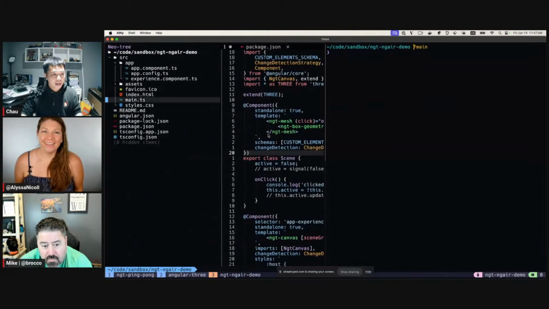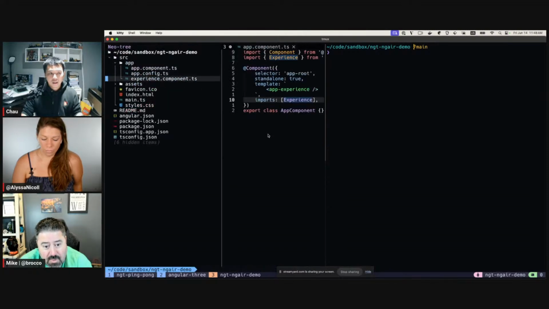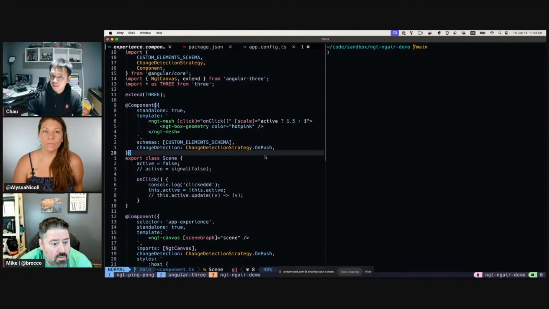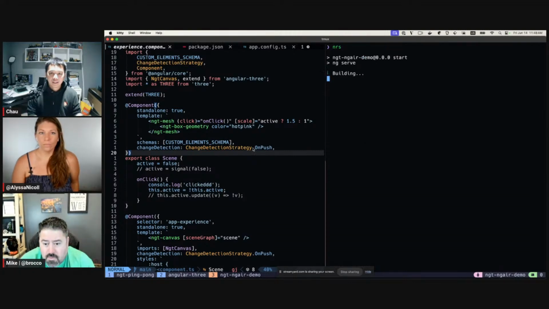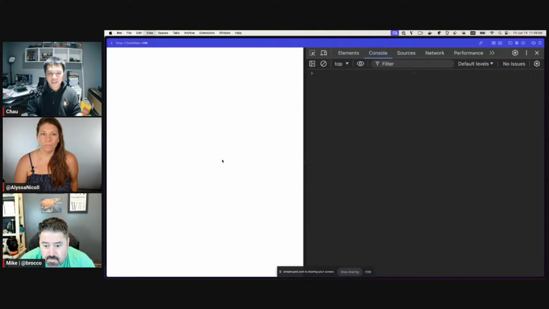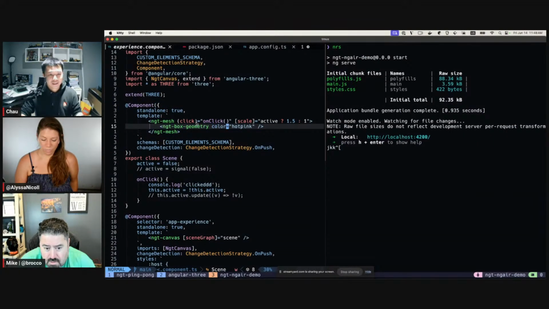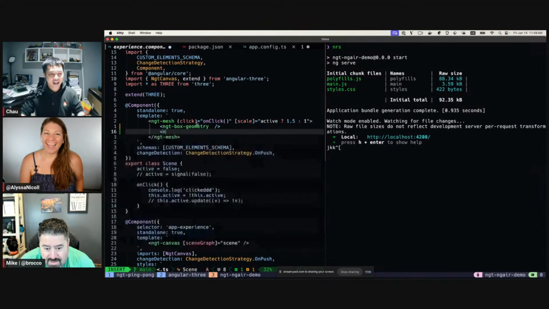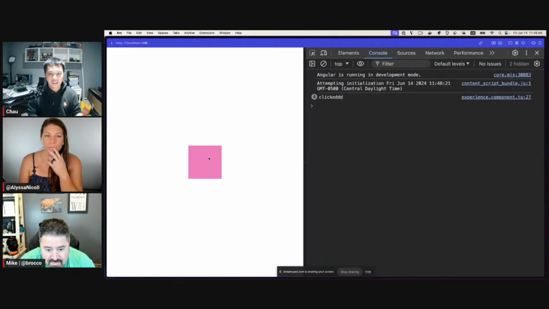Let's see if I'm actually inside of Zone. Yeah, I'm using Zone.js right now with my example. Okay. Run it. Remember, this is my bad. I should not have changed that. Material and pass that in. There we go. Save. There we go. All right.